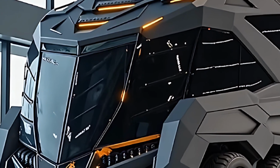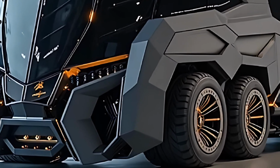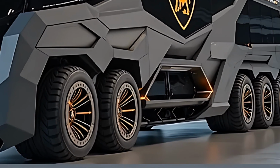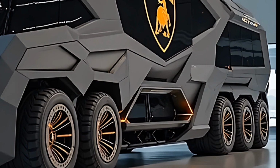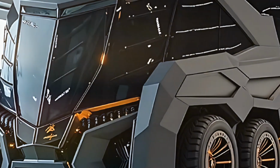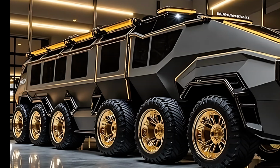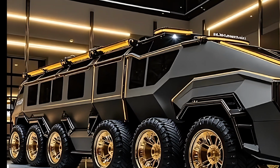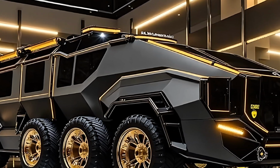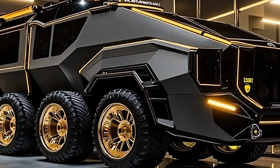soul. This motorhome sits on a carbon titanium hybrid chassis, developed exclusively to keep weight down, while maintaining superior rigidity. The front fascia features active aero elements, while the side panels are smooth, seamless, and finished with carbon fiber accents. It rides on custom-forged 24-inch wheels, fitted with Pirelli Scorpion tires tailored for both road grip and luxury ride quality. The large panoramic windows aren't just functional, they're part of the design itself, integrated to provide a stealth jet-like silhouette